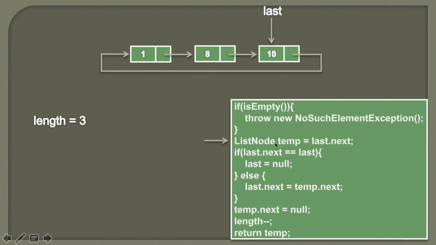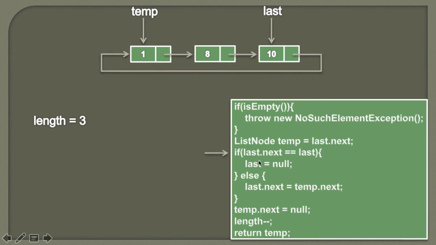Now in order to remove the first node from a circular singly linked list, we know that we are keeping the track of the last node, and in the circular singly linked list, last node next points to the first node. So therefore here we are creating a temp node and we are assigning the value of last dot next to it. So this temp will point to the first node because in the circular singly linked list, last next points to the first node. So it would look something like this. Moving ahead.